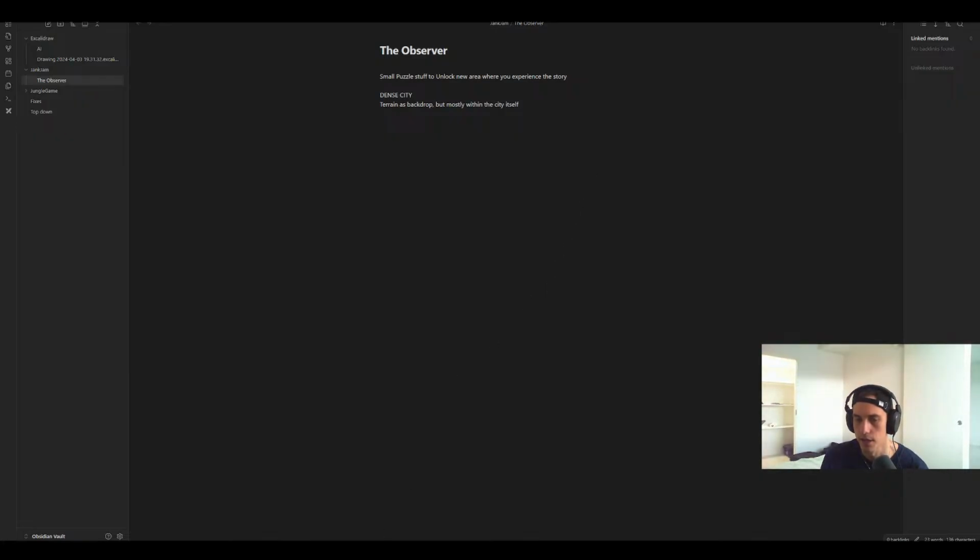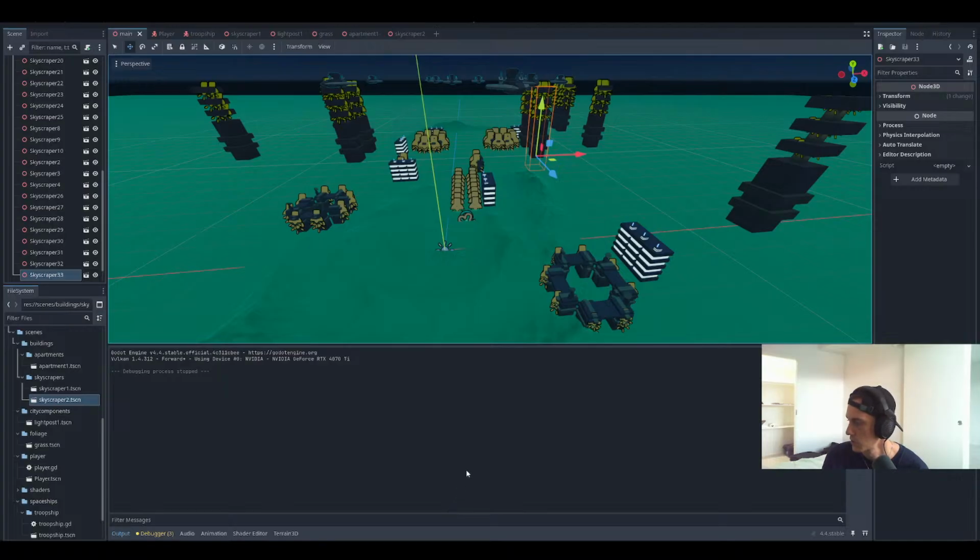Yeah, I think that's the way to go. Quick road, like a simple road model. I could do that. The only issue with that is how I place it. I'm almost wondering if I should put